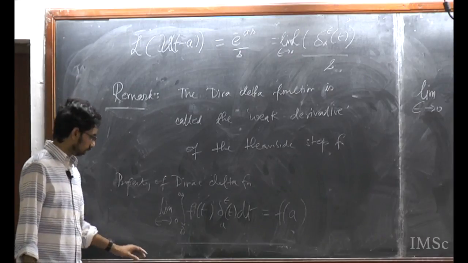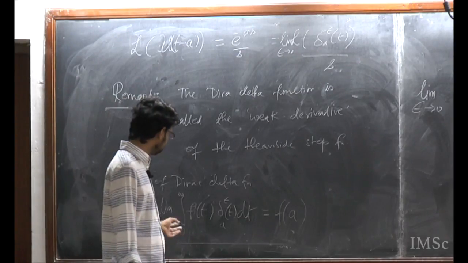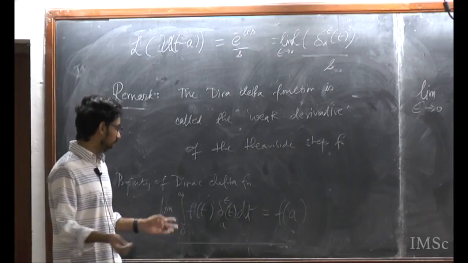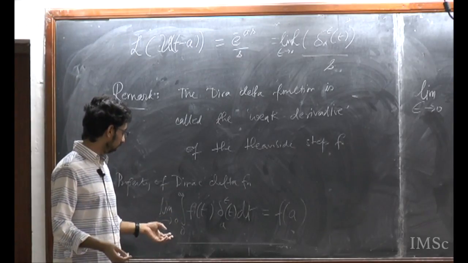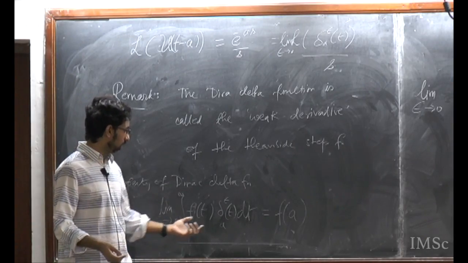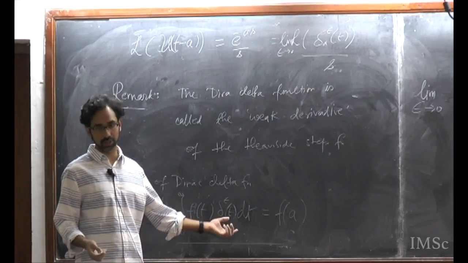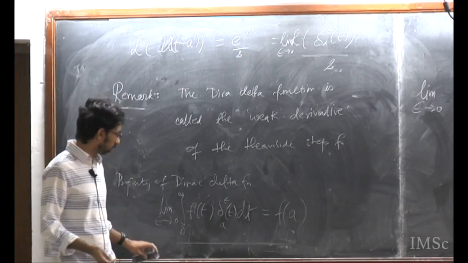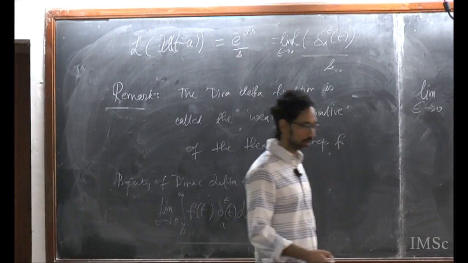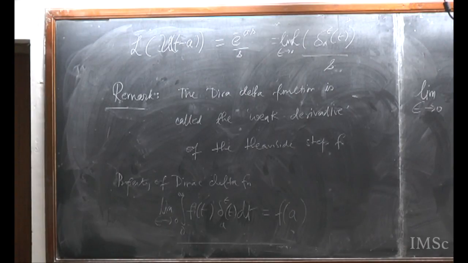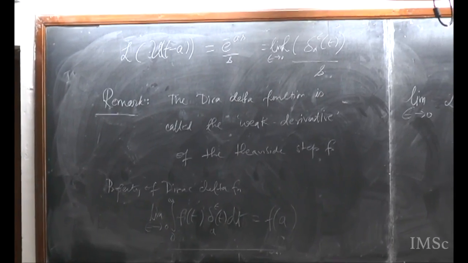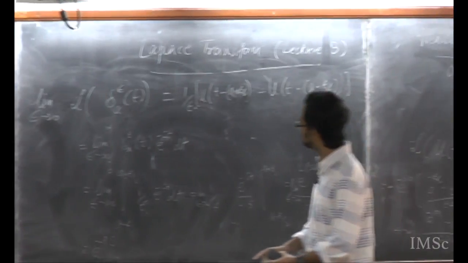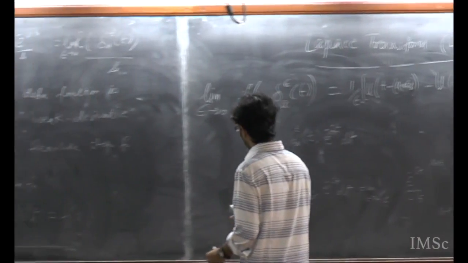and for example, physicists don't worry about interchanging of limits and integrations. For all practical purposes, they consider the Dirac delta function as a function, okay, and mathematicians will try to make it more precise and talk about the Dirac delta function as a distribution, and it will still satisfy all these properties. Okay,